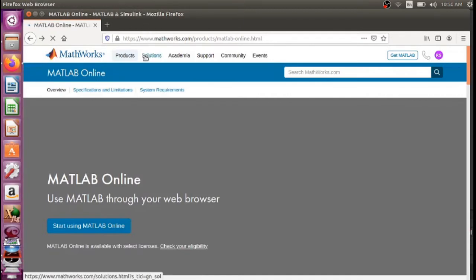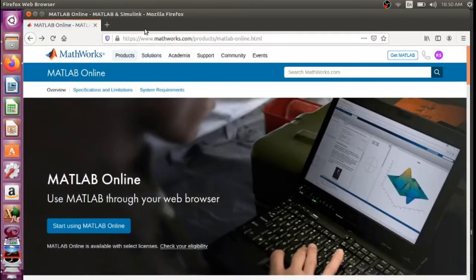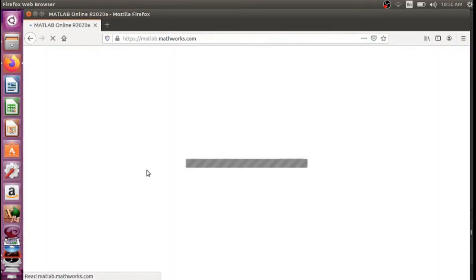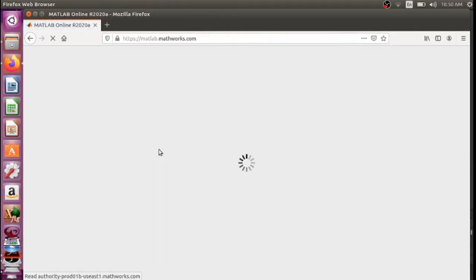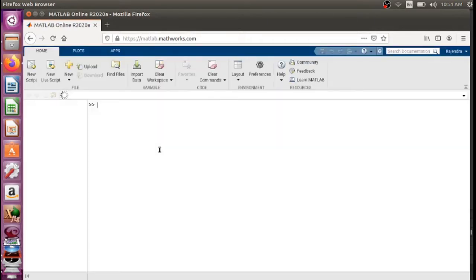You can also just Google online MATLAB and you will reach this site, and then start using MATLAB online. Sometimes they will also ask you for registration, so you have to use your academic ID. MathWorks Incorporation is the company that allows you to use MATLAB for academic purposes.